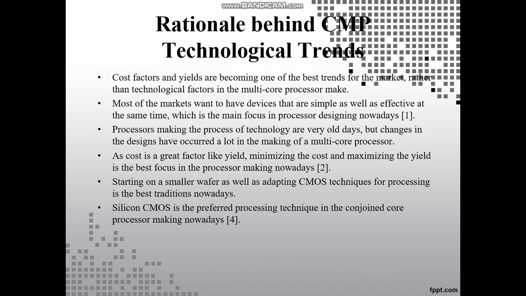These days, minimizing the cost and maximizing the yield is the best focus in processor making, because cost is a great factor like yield. Adopting the CMOS technique for processing is the best tradition. In conjoined core processor making, silicon CMOS is the preferred technique for the processing. Now we'll move to the